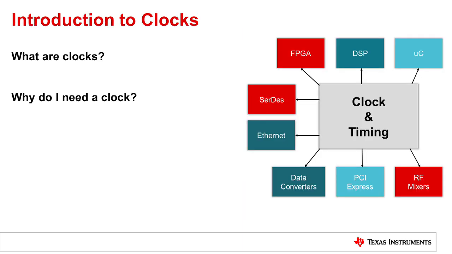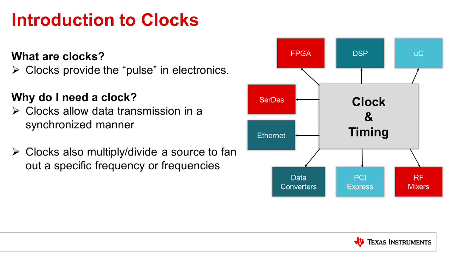What are clocks? Clocks provide the pulse in electronic systems. In a signal chain, clocks are a key building block that provides reference sample timing to the ADC, DAC, processor, and any interface media. Clocks are needed in any system that requires a reference time for synchronization, command execution, and data transfer. They provide the frequency inputs to the various devices, allowing them to perform their intended functions.